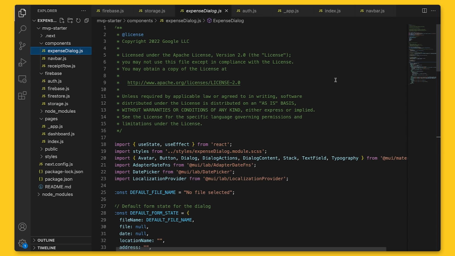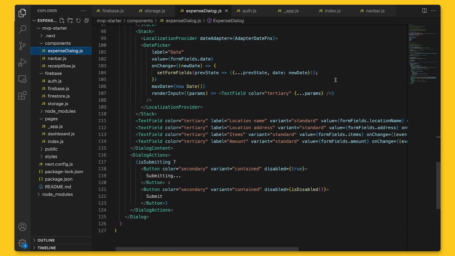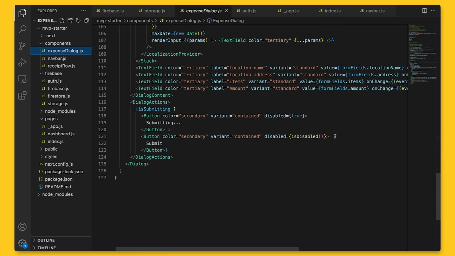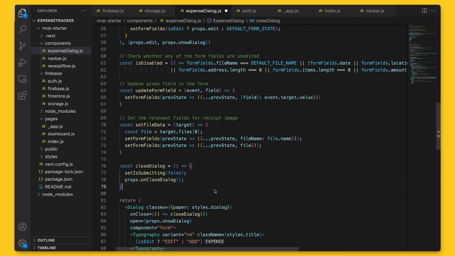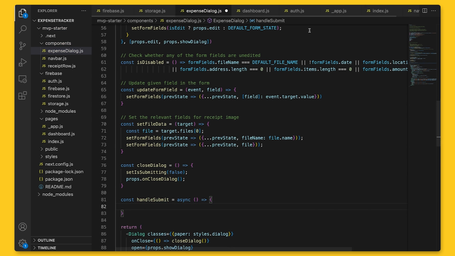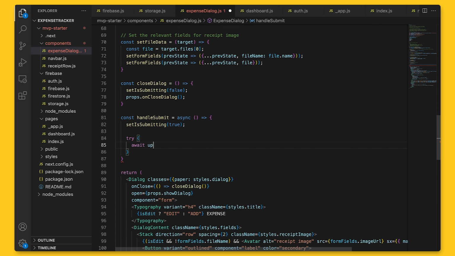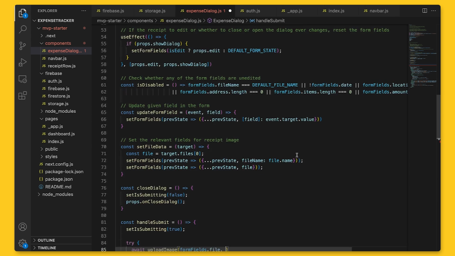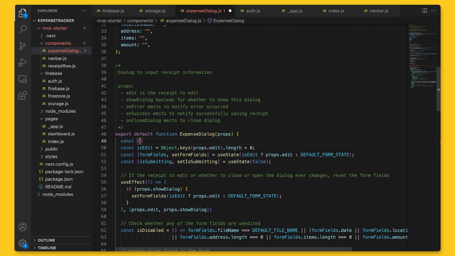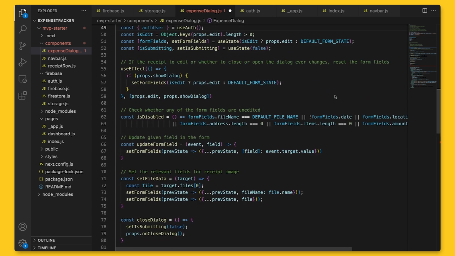We'll go back to our expense dialog file, and the button for submitting it is here. When it gets clicked, we'll give it a callback function called handleSubmit, where we'll handle storing the receipt image into storage. We'll write that function here, and instead of it, we'll try calling uploadImage with the image stored in the form field. We also need to pass in the user ID, so let's get the auth user from useAuth, then pass in